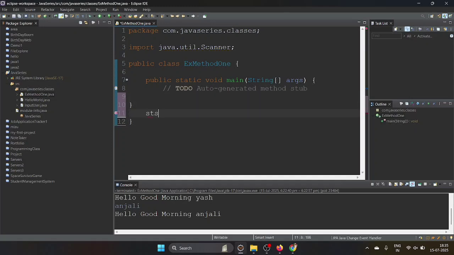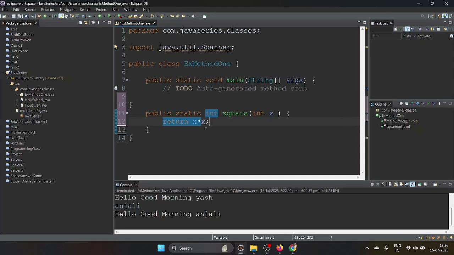Static, then int, then square we will take. We need to find the square of the number. Then int, we will take one variable called x. Then here we will return one thing: return x star x.